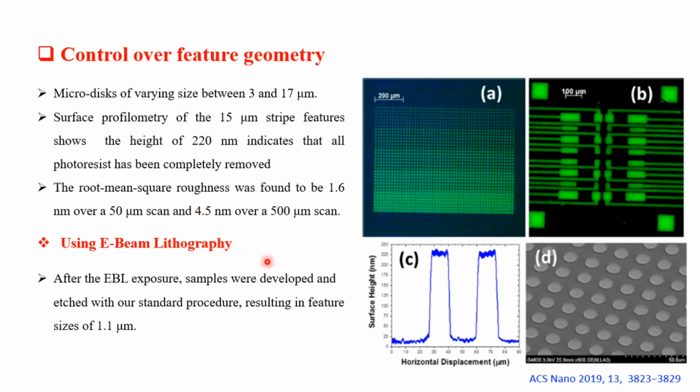To control the size of this disk, they also use e-beam lithography instead of UV lithography, and they found the size of 1.1 micrometer can be achieved, a very good feature size. So but